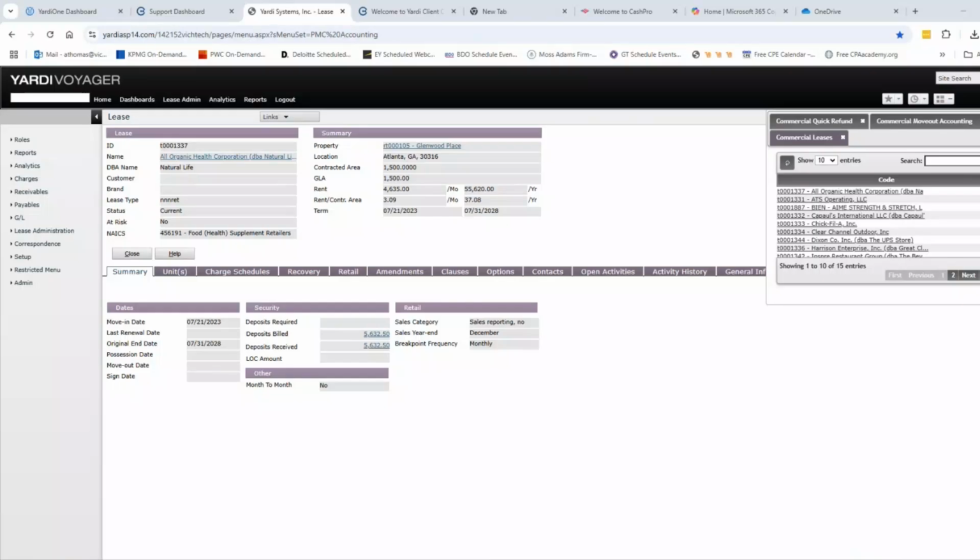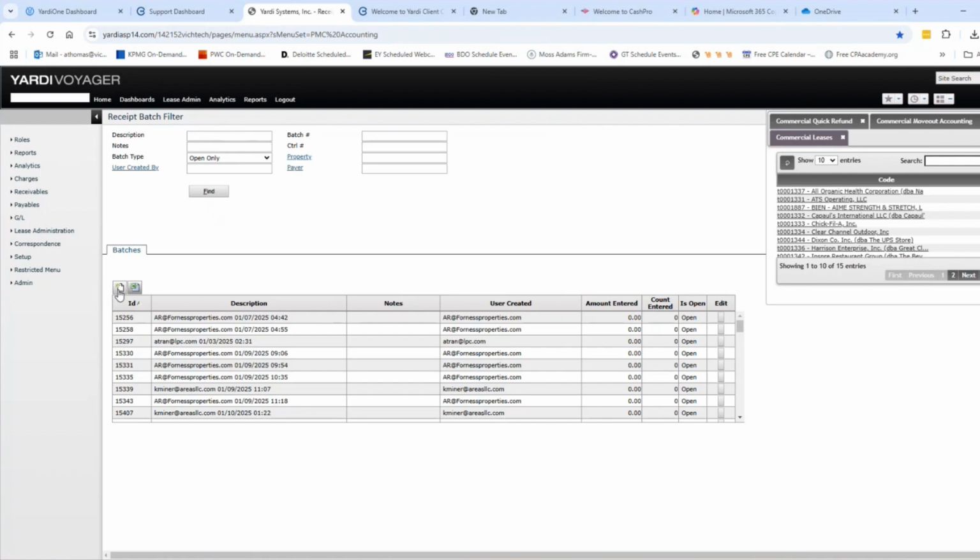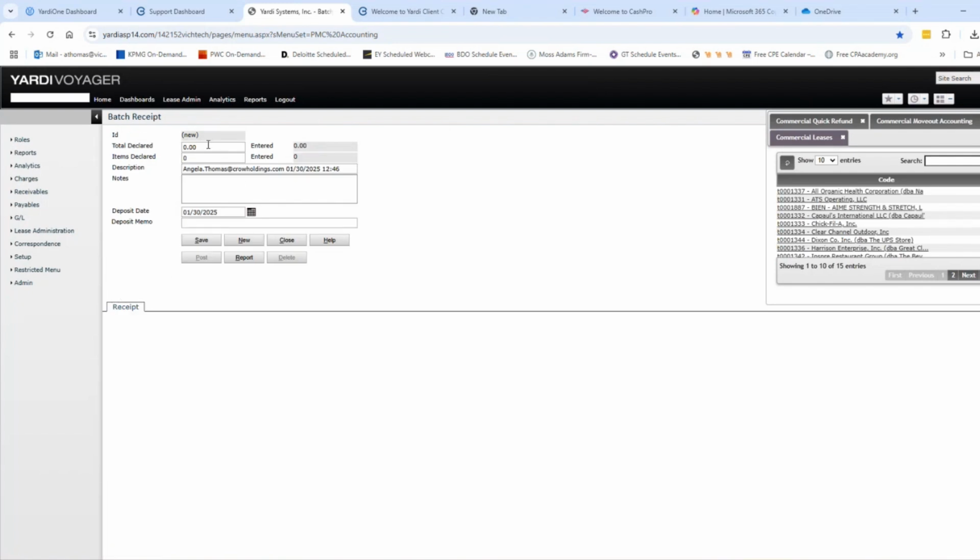Application batches are just $0 batches. So what you're going to do when you have an application batch is go to receivables, receipt batch, find. It's just going to be a $0 batch. However, the thing that I mentioned about it creating a new screen for you really is important in this case, because you want to be able